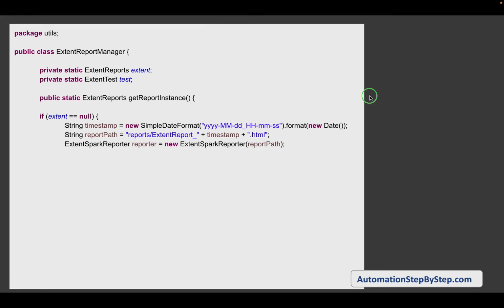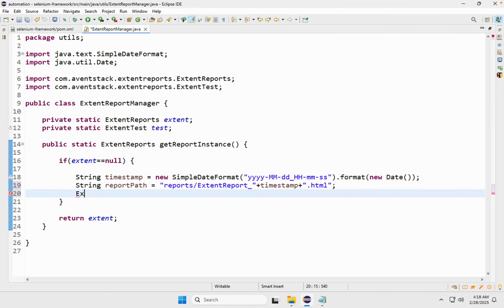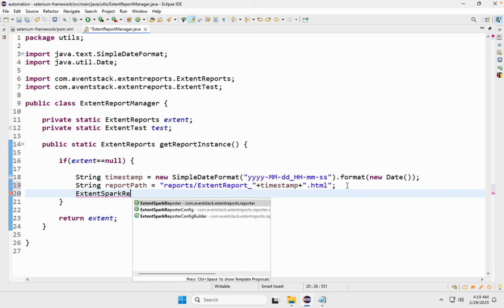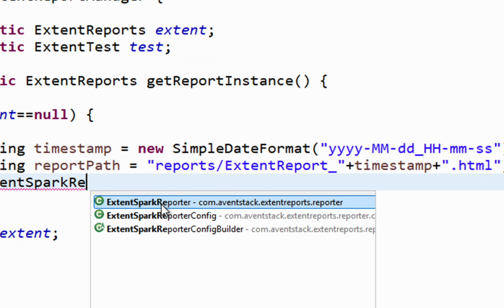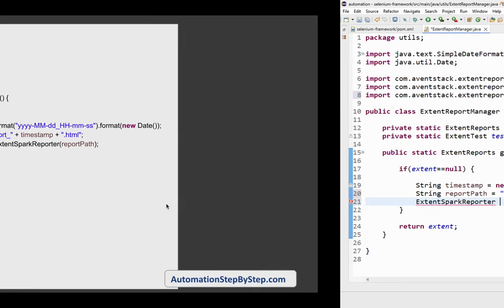Now next is we will use this reporter instance and say new extent spark reporter. And then we will send the path here, so this will generate the report. This is extent spark reporter coming from the library. You can also try pressing Control space on your keyboard, and you should get this from com aventstack extentreports reporter. Here you can name it, let's say reporter